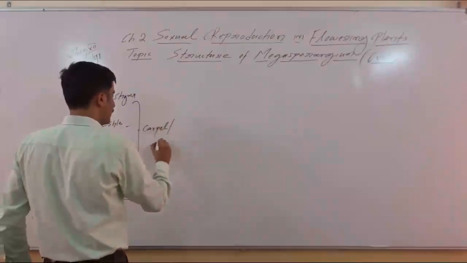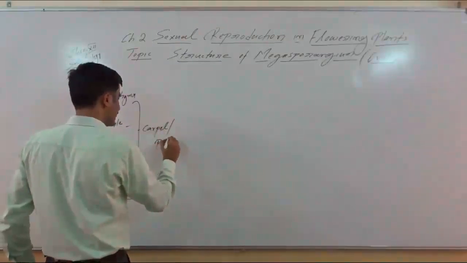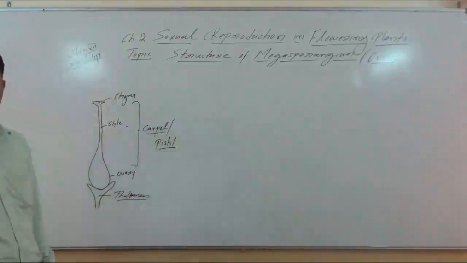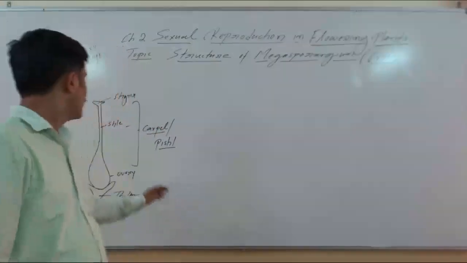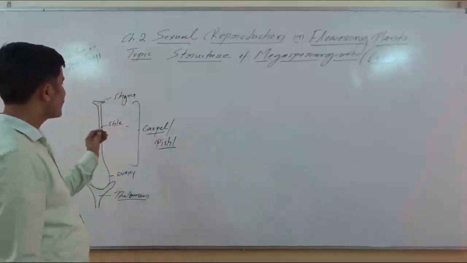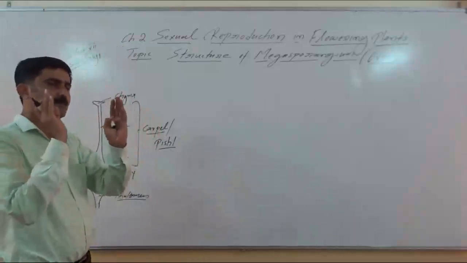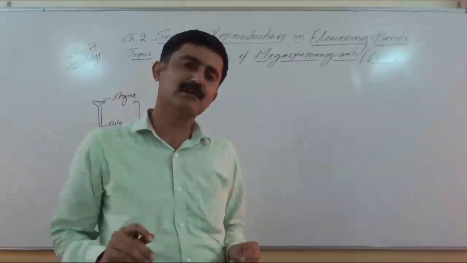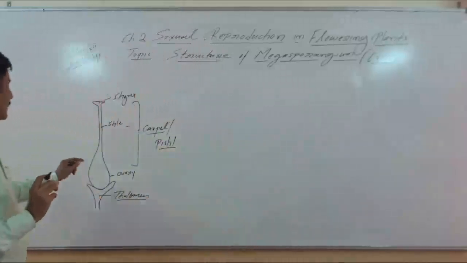Now, this complete structure, for which we use the word carpel or pistil, is the female part in a flower. It may be a bisexual flower or a unisexual flower. All the carpels and pistils together make the female part of the flower, the reproductive part, that is the gynoecium. Now inside the ovary,